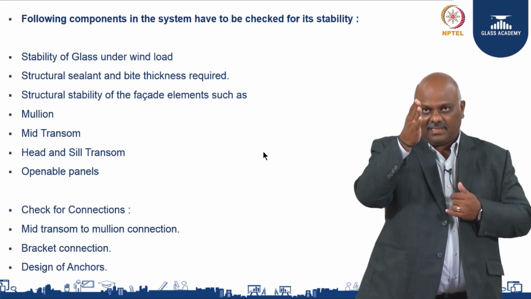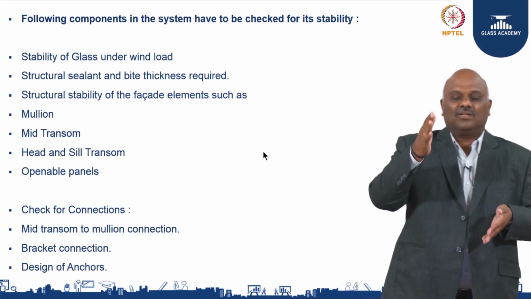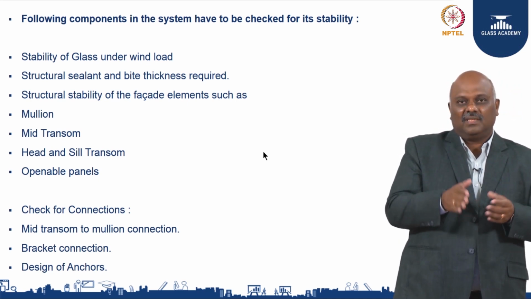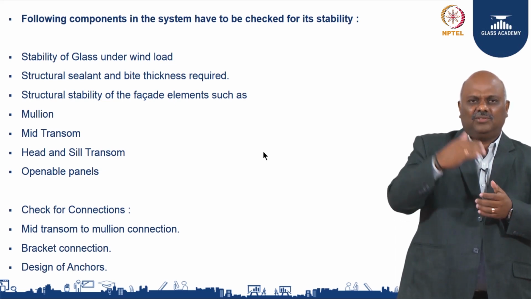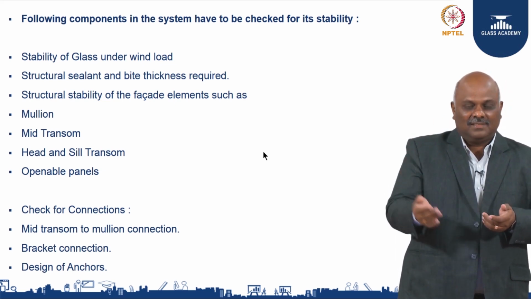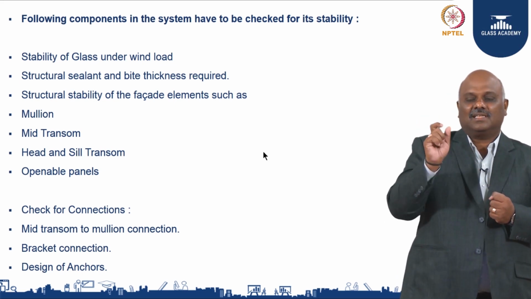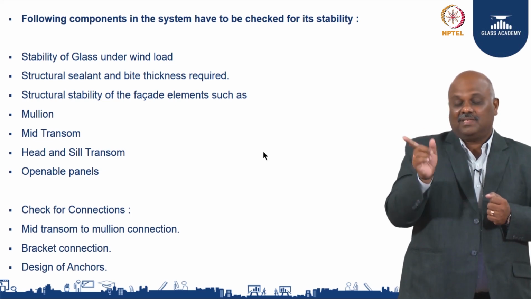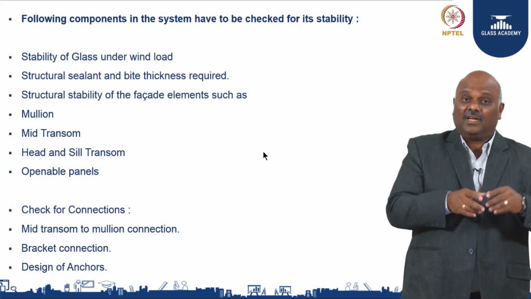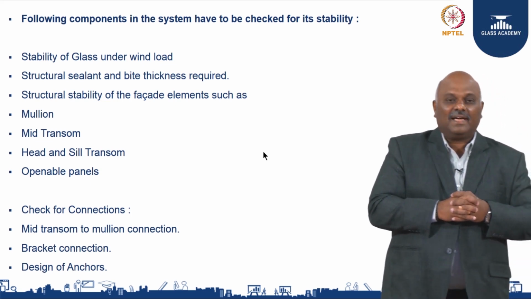If a glass is of this size, for this terrain, what is the load applied to it. So you calculate it, and if the limit is within the allowable, then your glass is safe. Your wind load plus live load plus your factor all put together, and then what is allowed. If it is within the allowable considering all these loads, then your glass is safe. If not, you keep on changing the glass until it is safe. The same goes for structural bite and thickness required.